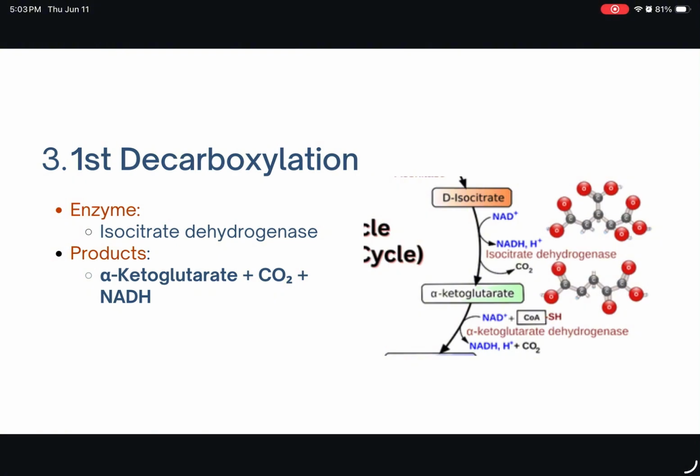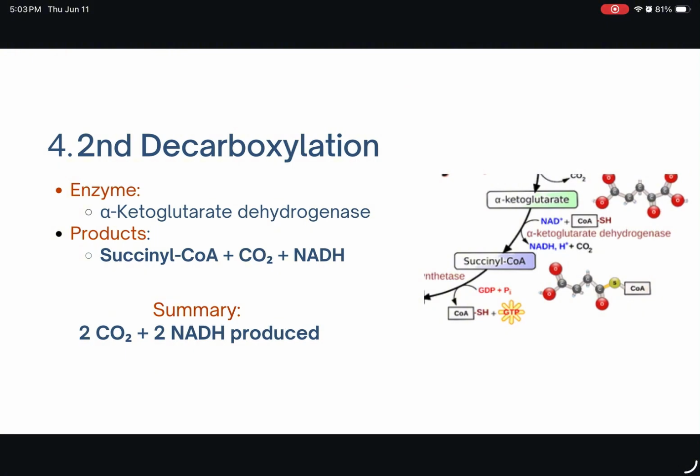Now moving to the next two important reactions, which are the first and second oxidative decarboxylation. The third step is the first oxidative decarboxylation, wherein the isocitrate is now ready to release energy. With the enzyme isocitrate dehydrogenase, it loses 1 carbon atom in the form of carbon dioxide, which is the gas we breathe out. At the same time, it converts NAD into NADH, a molecule that carries stored energy. The new molecule is now formed,